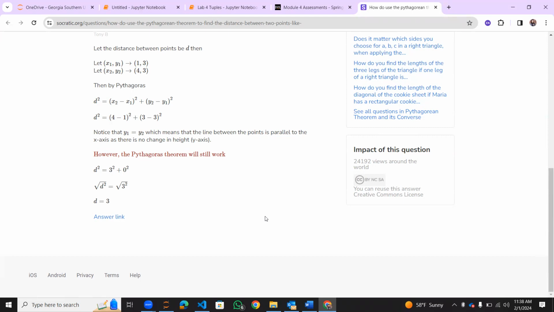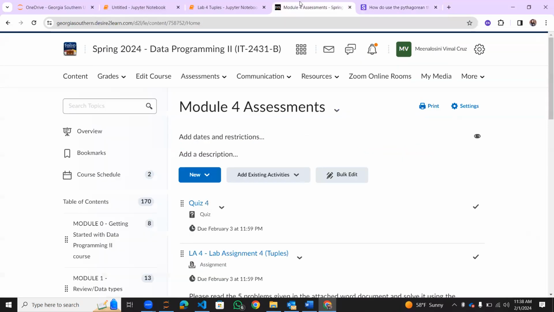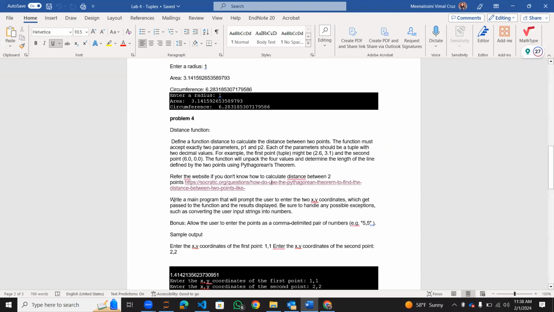Got it? So now think about this problem. We have this x1 and y1, x2 and y2. What is the first thing that we have to, let me complete the remaining one. Write a main program that will prompt the user to enter two coordinate values, x and y, which will be received as one single point, xy for one point and another xy for another point. Be sure to handle any possible exceptions such as converting, exception handling. If you want, you can do it. But as of now, the basic problem is you have to